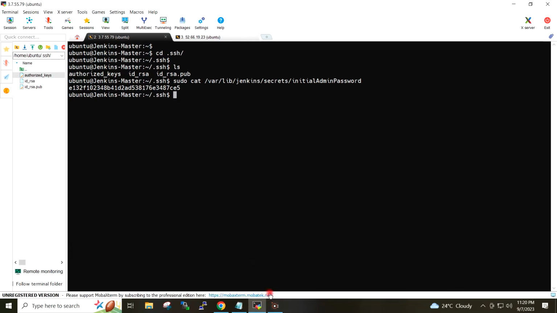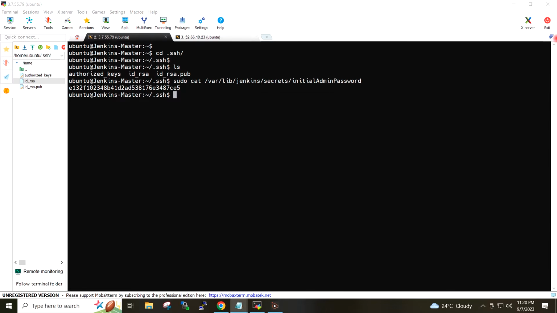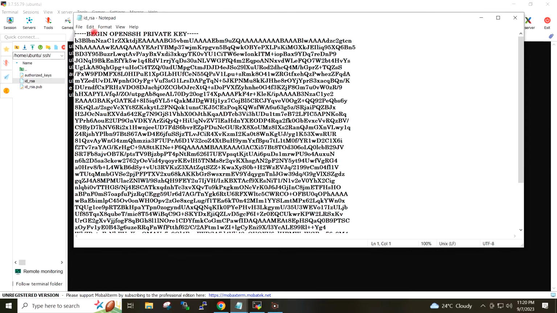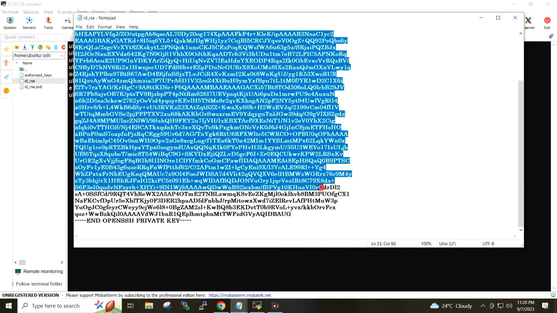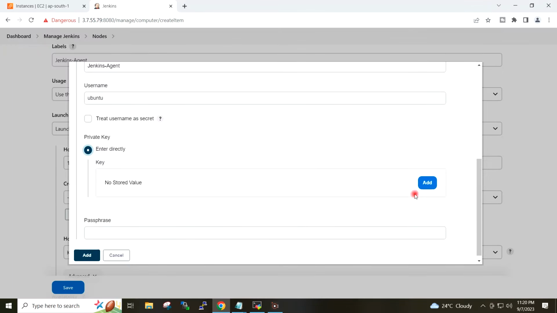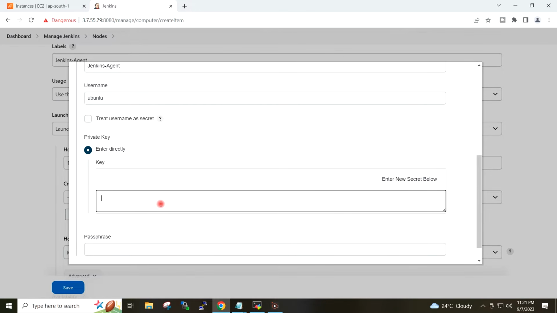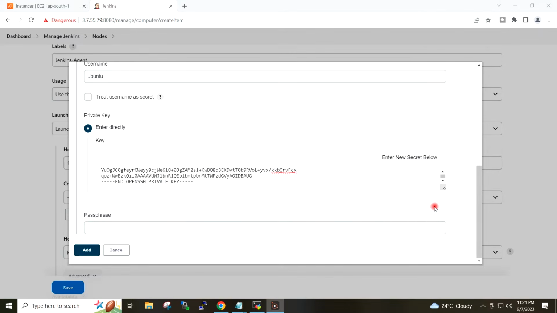I will go to the master node and this is the private key. I will copy the private key, click here on add, paste the private key here, and click on add.